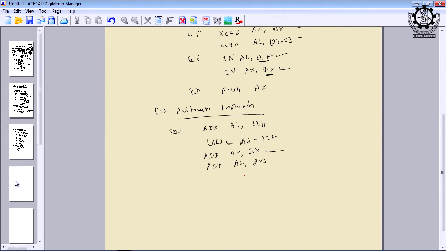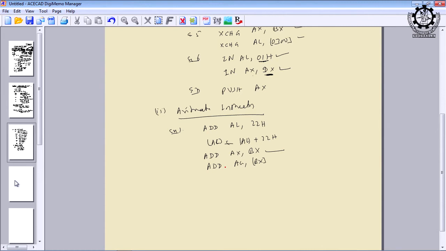Then how do you interpret this instruction? ADD AL comma [BX]. This time BX is storing data that is referring to a memory location address and its content is 8-bit. That will be added with AL and the result will be stored in AL. The moment you give a square bracket, this will indicate the content of that, and that content is an address, a memory location address, whose content is 8-bit data, and that will be added with AL. So, do not confuse this and this. Here BX content is participating in the operation, but here BX is containing a memory location address.